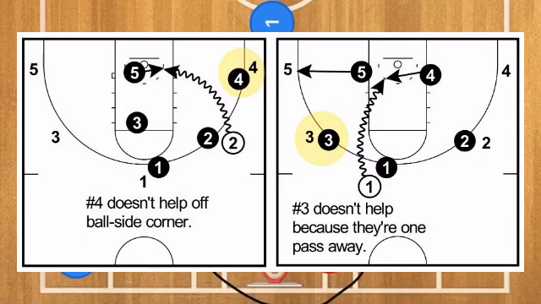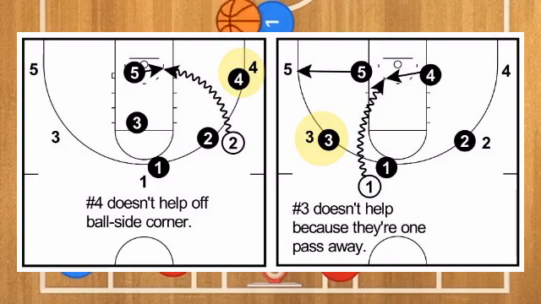3. No help from defenders one pass away. This is the biggest difference between pack line defense and the man-to-man defense. In the pack line defense, the players one pass away from the basketball are helping in the driving lanes by taking away dribble penetration. This allows the basketball to be passed around the perimeter. In man-to-man defense, since the players one pass away from the basketball are denying the pass to their player, this leaves driving lanes open and means the on-ball defender is more accountable for keeping the player with the basketball out